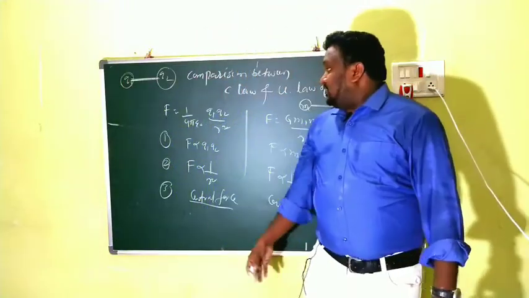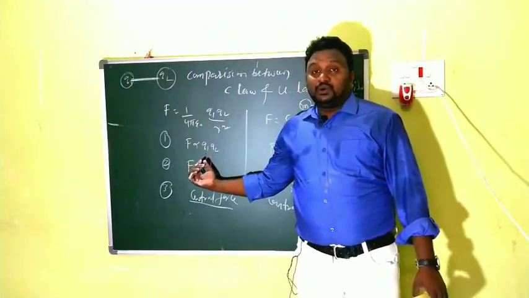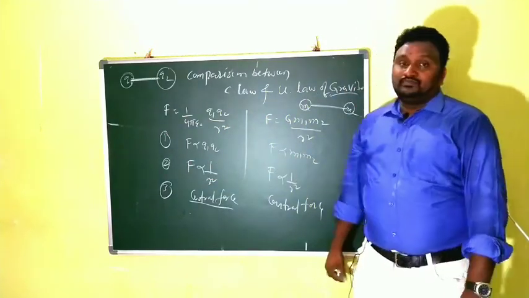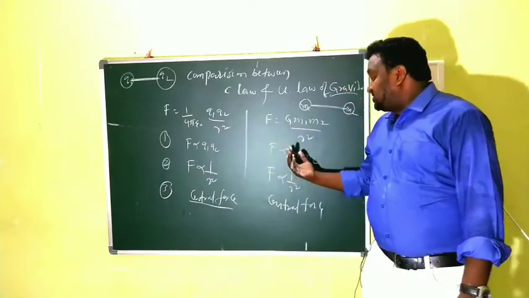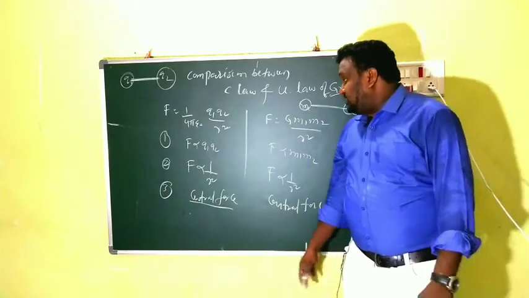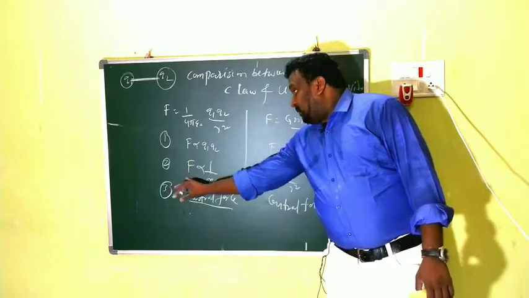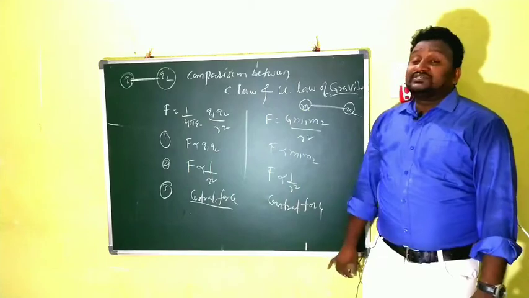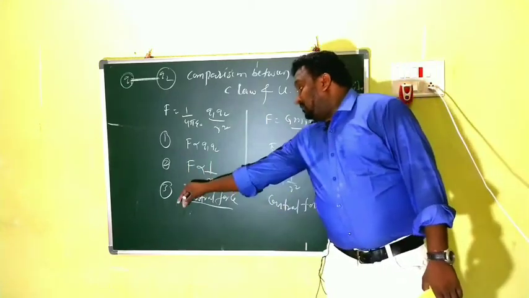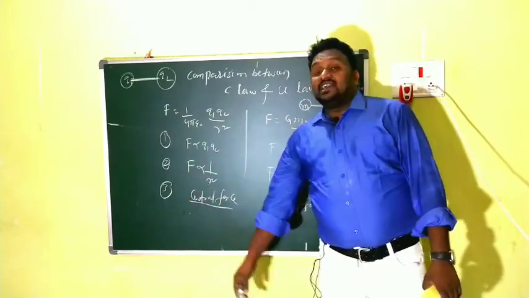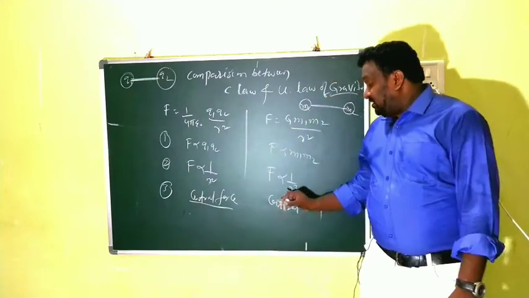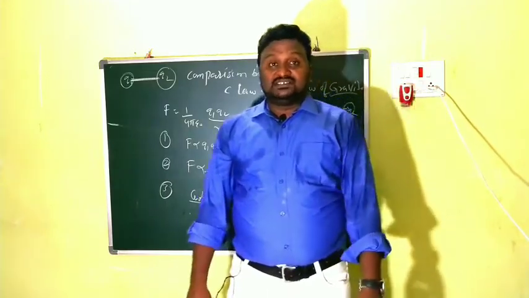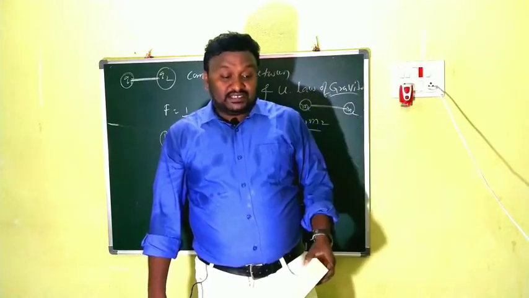Clear? First thing, here F is proportional to Q1 Q2. That is quite similar to here, F is proportional to M1 and M2. There we are saying charges, here we are saying masses. And next thing, both obey the inverse square law. Force is inversely proportional to the square of distance. Here also square of the distance. And here this also acts along the line joining the two charges. Here same thing, it acts along the line joining the two bodies, masses. These are the common properties.